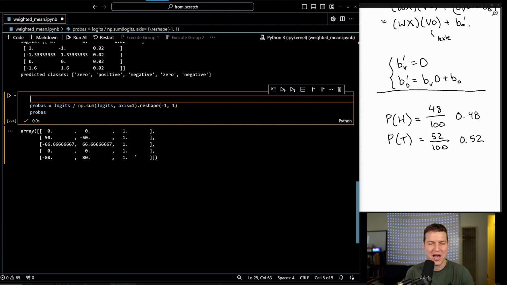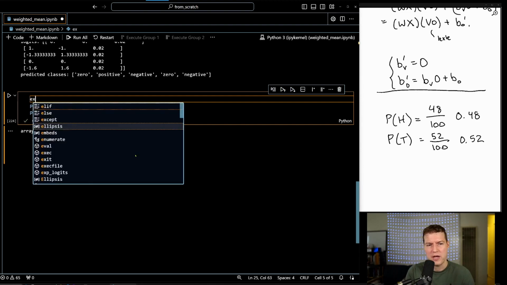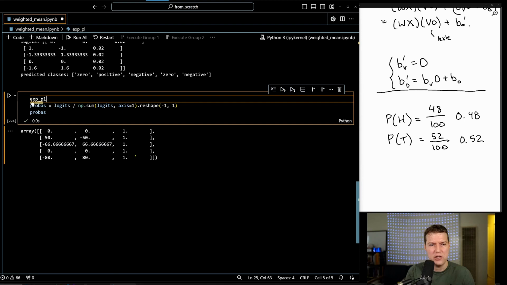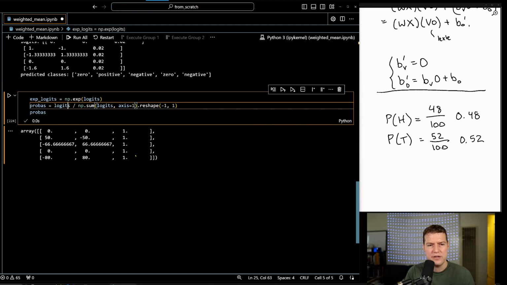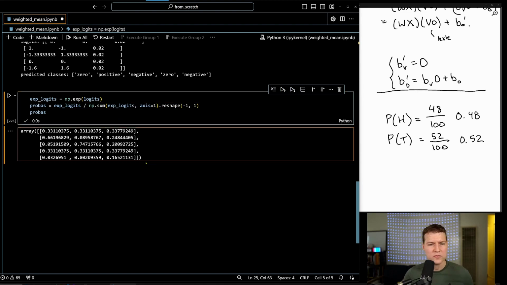It's just let's apply a function that transforms negative values to positives. And the easiest way to do that is the exponential function. We can just raise them all. We can do e to the number, and then that will make it a positive number. So let's try it. We'll do the exponentiated logits, just like that. And so then down here, instead of logits, I'll use the exponentiated logits. And you can see it